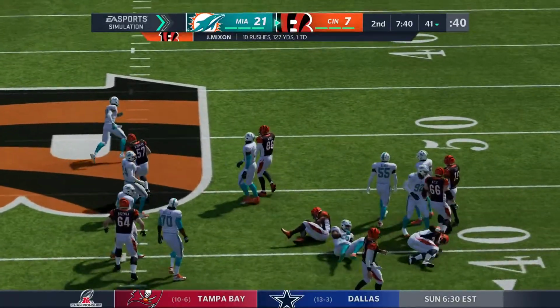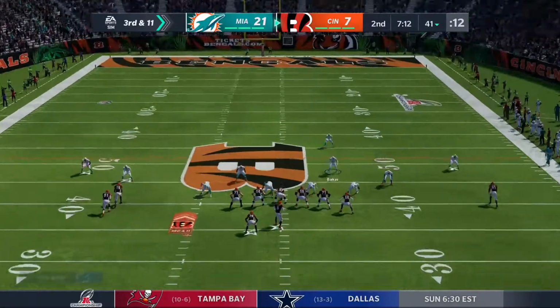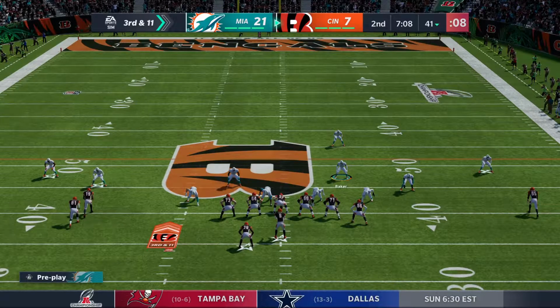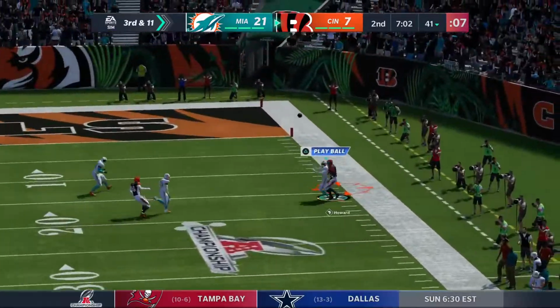And able to use his blockers to get this up over the 40. Taken down at the... And that looked like some pretty easy yardage there right up the gut. And he's a guy that has some height to him. So when you don't have to drop a shoulder or get through contact, it makes it a lot easier to stay upright, see the field, and make a...